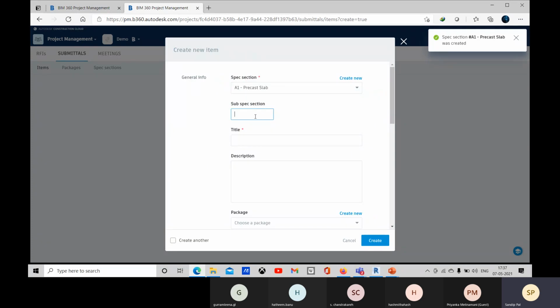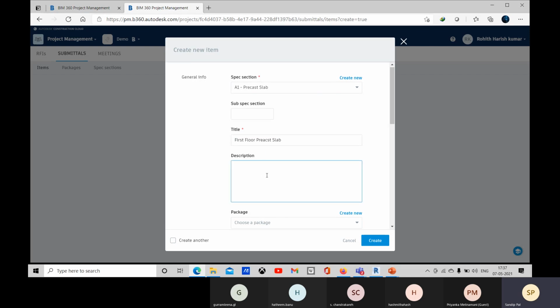And if there is any sub specification section under this, you can create it. You can name it properly. Right now I don't have the name, but you can go for, like, first floor precast slab, and you can give the details and the description.